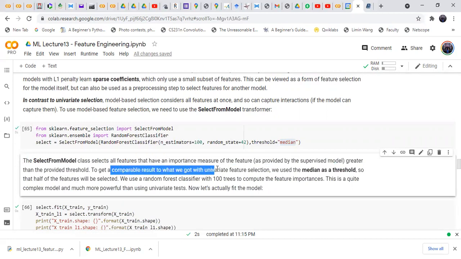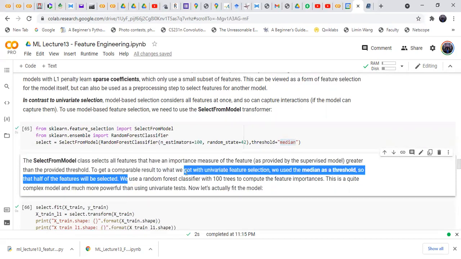To get a result comparable to what we got with univariate feature selection, we use the median as the threshold, so that half of the features will be selected.